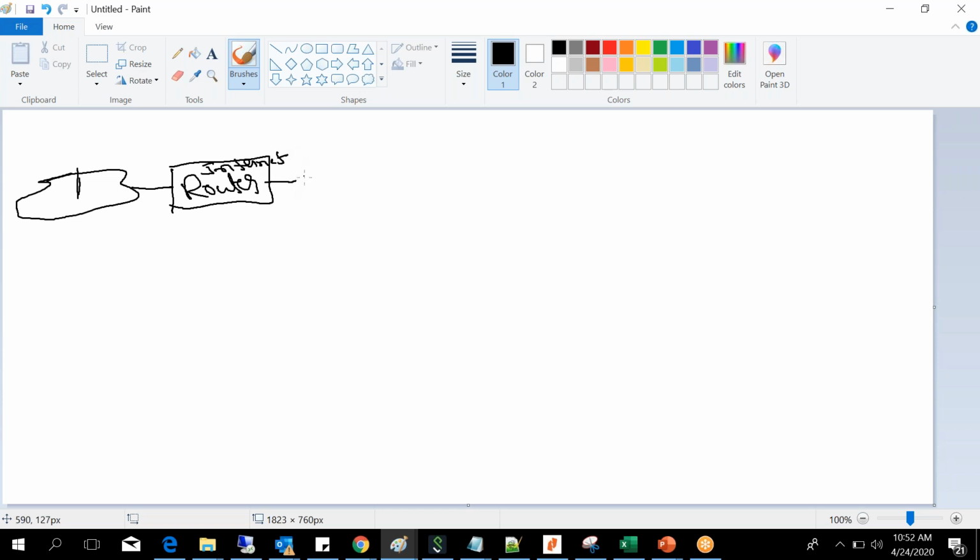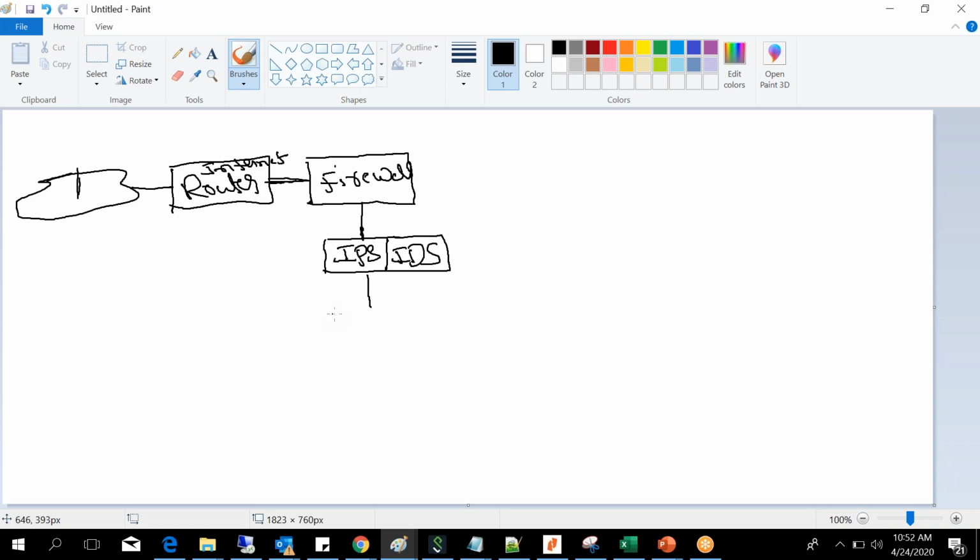After that, there is a device called a firewall. After the firewall, there is another device, the IPS.